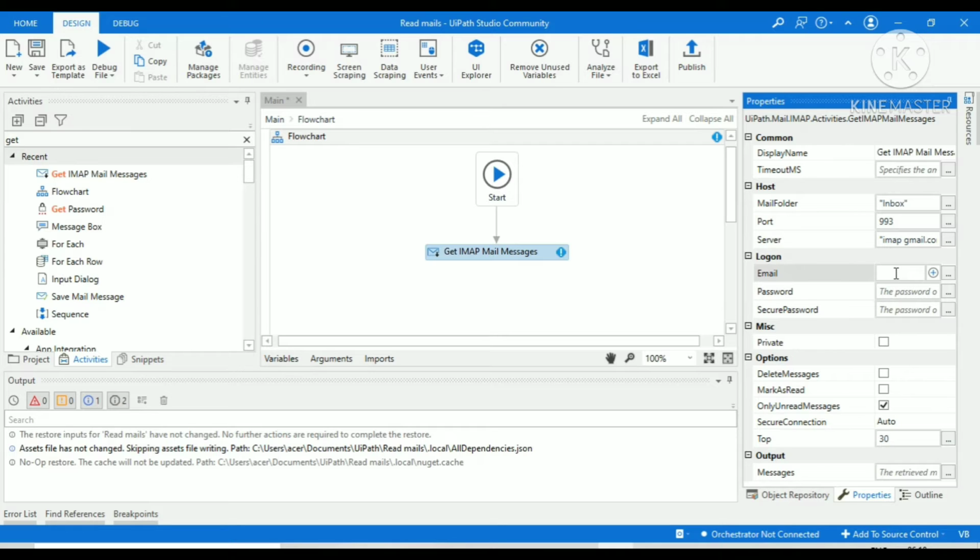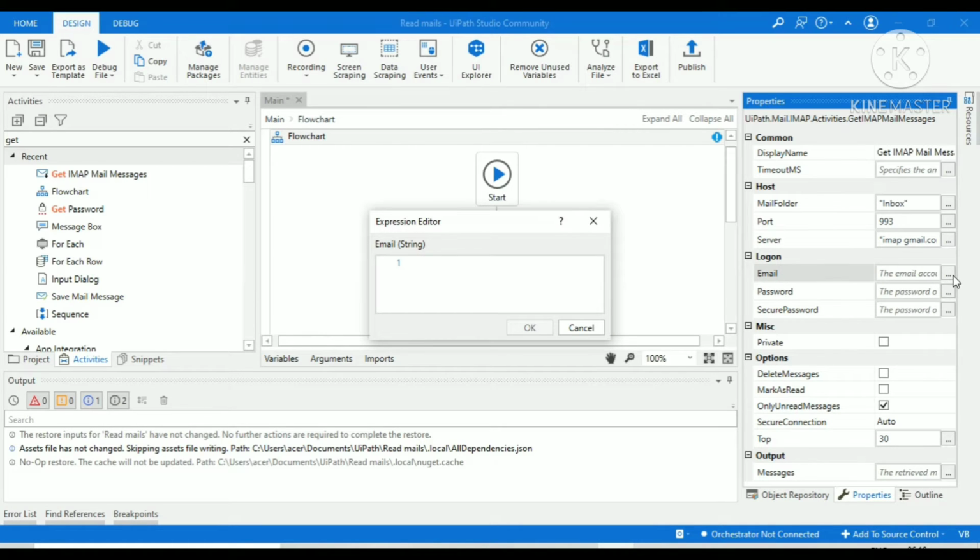Then write whichever Gmail account you have, and write the Gmail account also in double inverted commas. Otherwise it will show an error. So don't make this mistake.